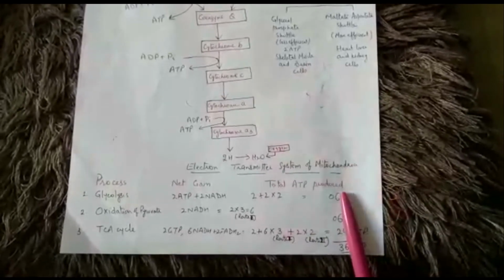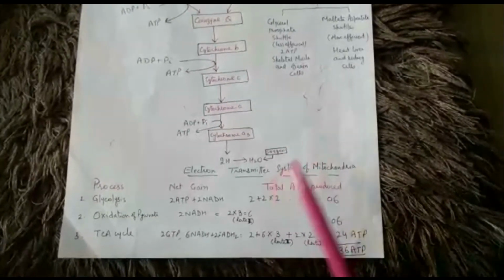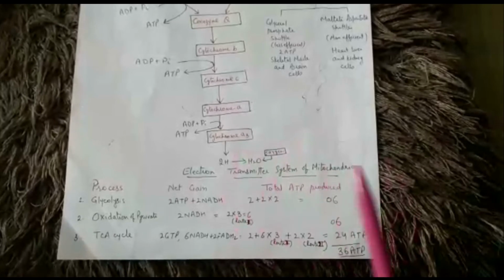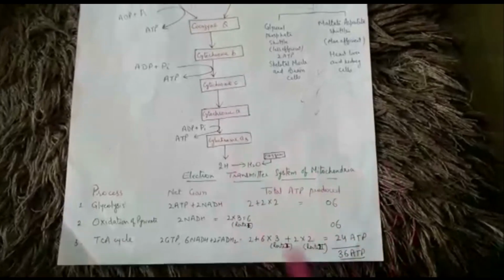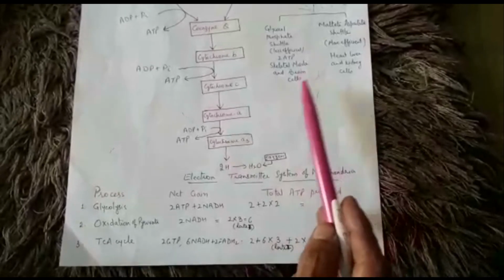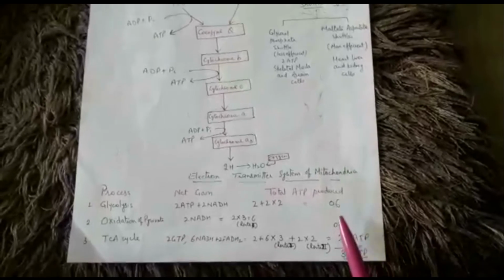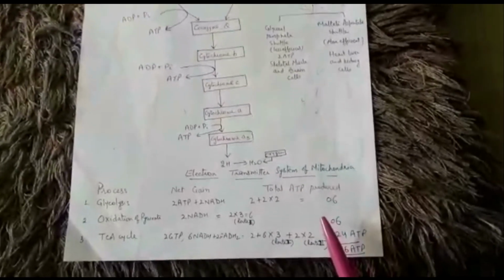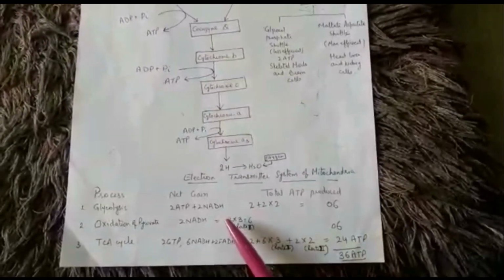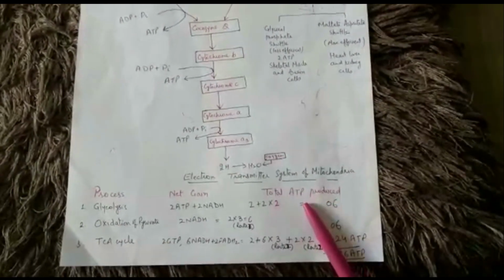In prokaryotes, as there are no mitochondria, the electron transport system is located on the inner membrane of the prokaryotic cell, that is on the plasma membrane. So naturally in a prokaryotic cell they will follow the more efficient pathway, and in prokaryotes always 38 ATP are produced. So in eukaryotes it varies in different cells. So this is regarding the electron transport system.